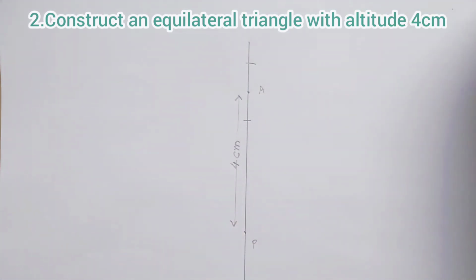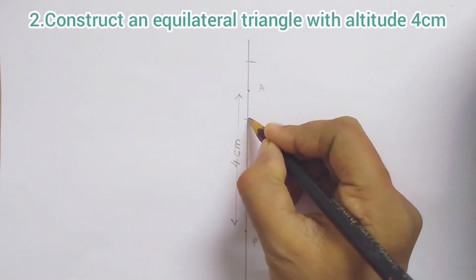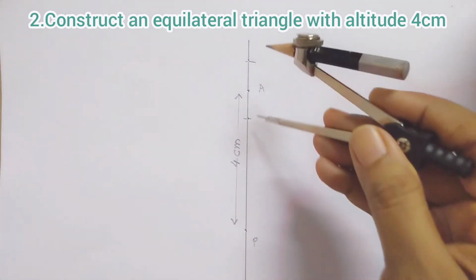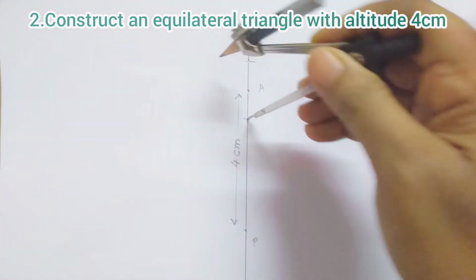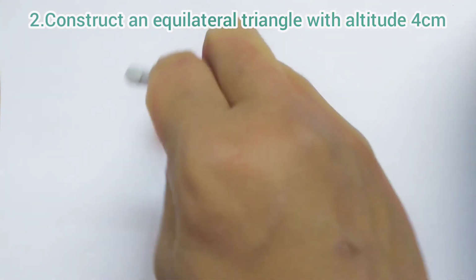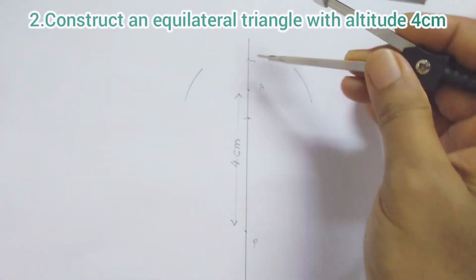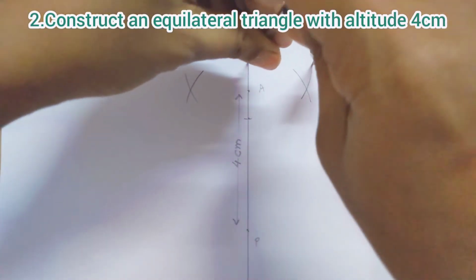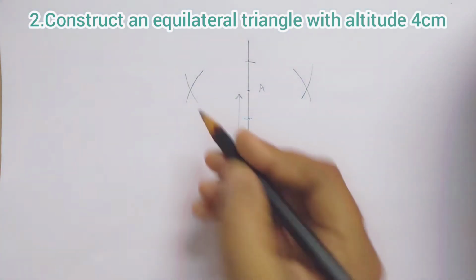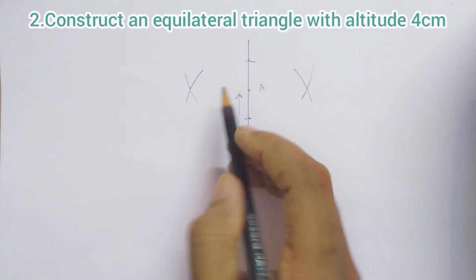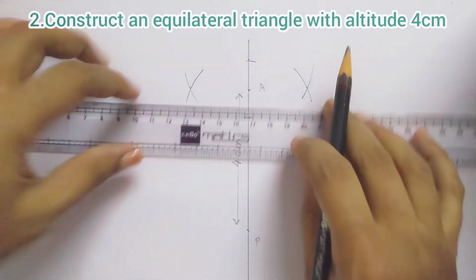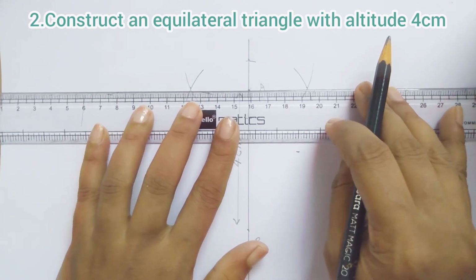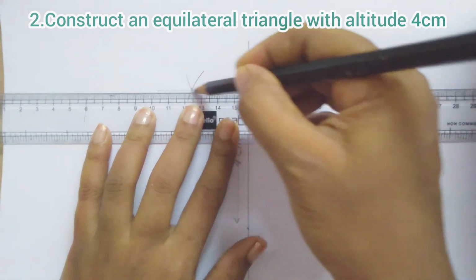Okay children. Then what is our next step? We got these 2 points, 1 and 2. So considering these 2 points, we will draw arcs again. See here, any distance you can take in a compass. So now again we got these 2 points. Now see 1, 2 and 3 points together in a line, and we have to draw a line.